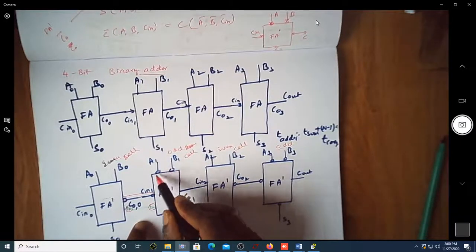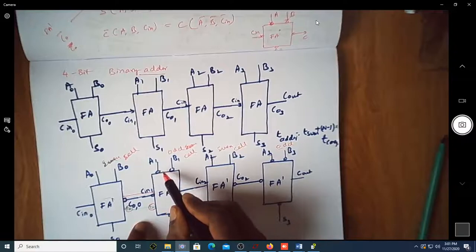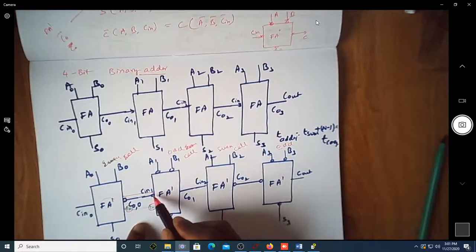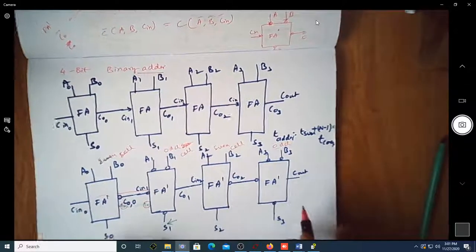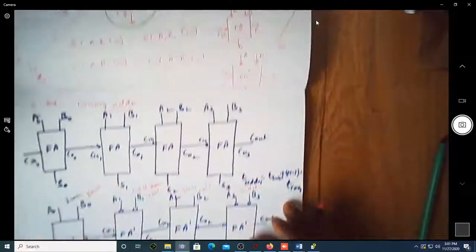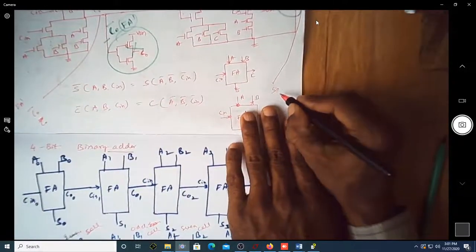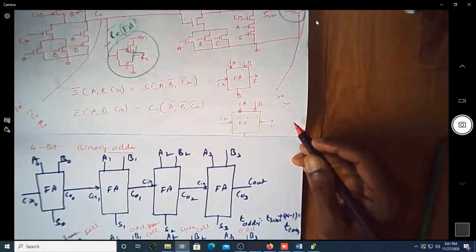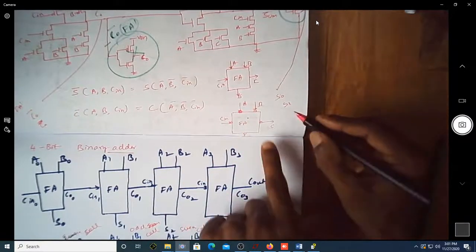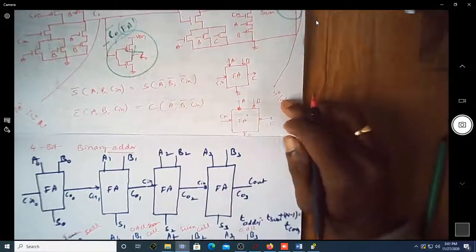So while complementing all the inputs, you have an inverter here, you are supposed to have an inverter here. Instead of having two inverters, you better not connect any inverter. So now you can see here we were actually getting S1. Can you see, are we getting S1 here? Because of course you are getting actually S1 bar.